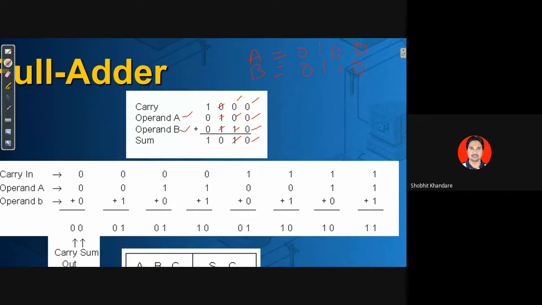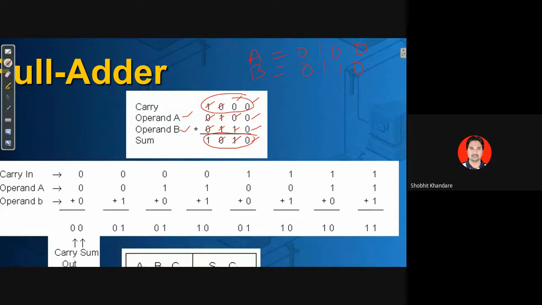You know the sum is 0, but the carry is generated. Can you see the carry written here? Now this carry plus 0 is 1, and with this 0 it is also 1. So 1 is there, and the carry generated will be 0. So the final sum is 1 0 1 0, and the carry generated is 1 0 0 0.